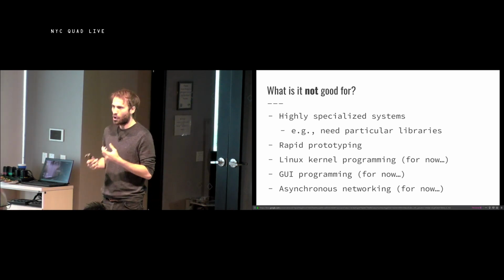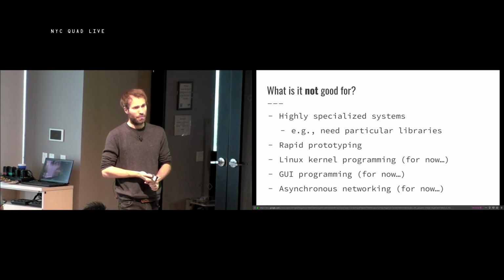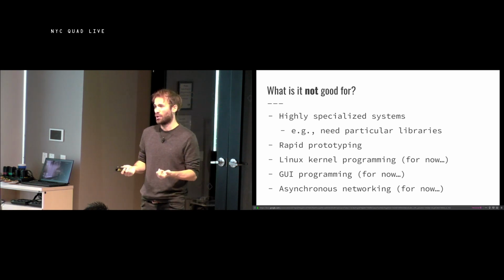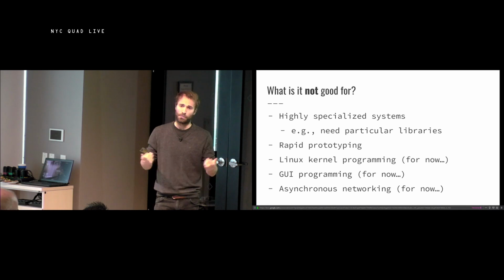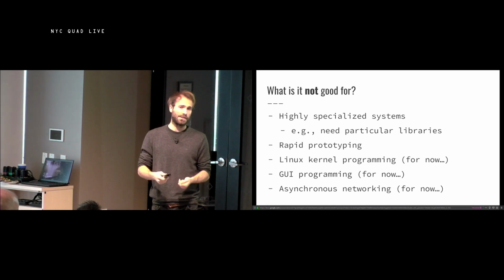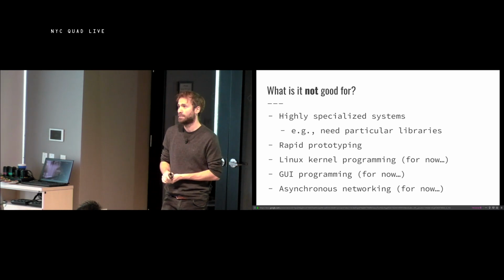Linux kernel programming, also a little bit finicky with Rust currently because you don't have things like libc, the standard library. It is possible. Some people have done it. But writing kernel modules in Rust still requires a bit more work. GUI programming, because GUI programming is hard, and there are bindings to GTK and Qt and Win32. Even for macOS, there are a bunch of bindings for the UI libraries there, but the bindings are still pretty young, in part because the language is young too.